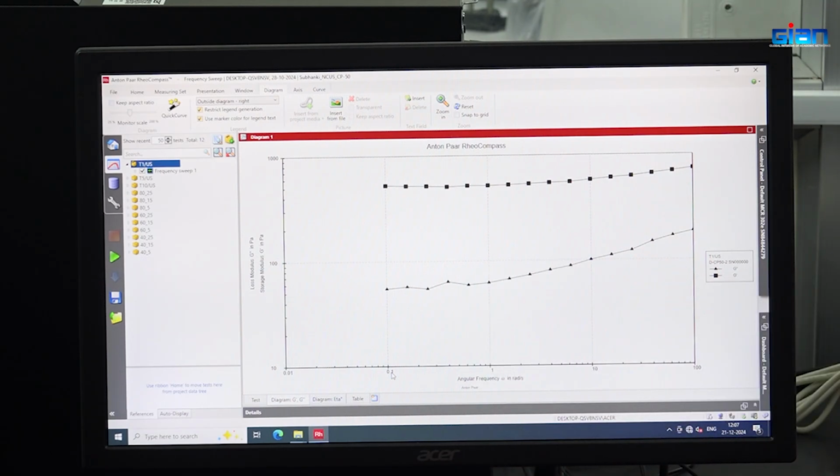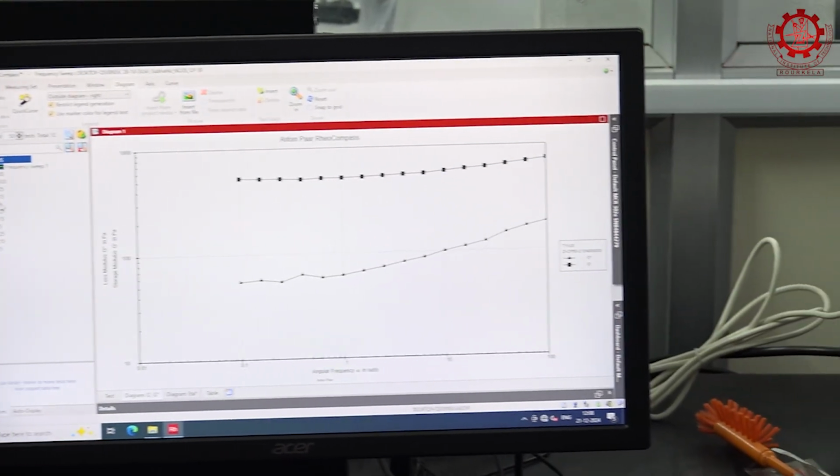There are also many more tests like the creep behavior, where we see how a material recovers. First we apply up to a particular shear rate, then we decrease it. We check whether the viscosity decreases, and when we remove the shear rate, whether it will regain its original form or not. All those tests are there, but you do the tests according to your requirement. This is all about the rheology and the static rheology portion.